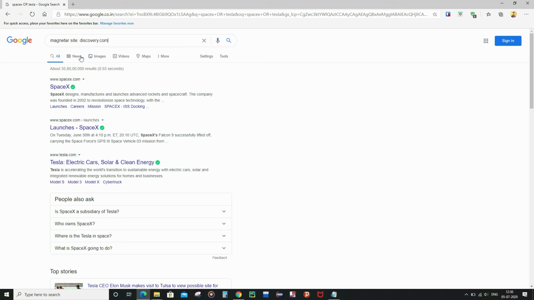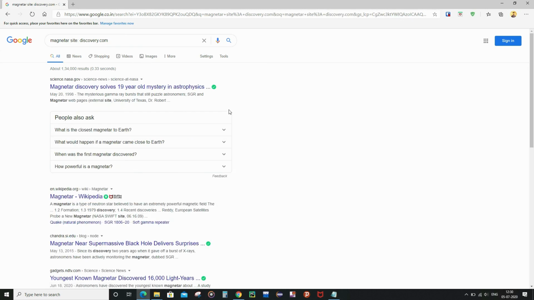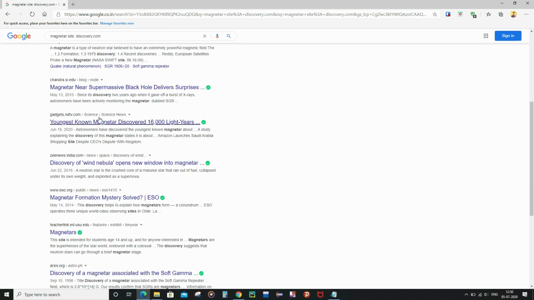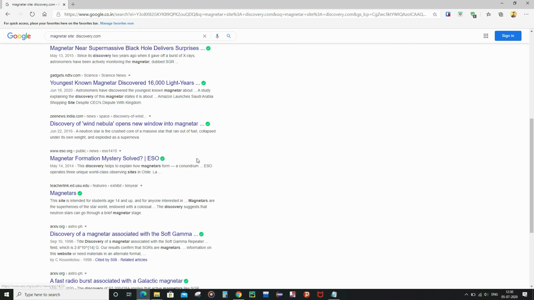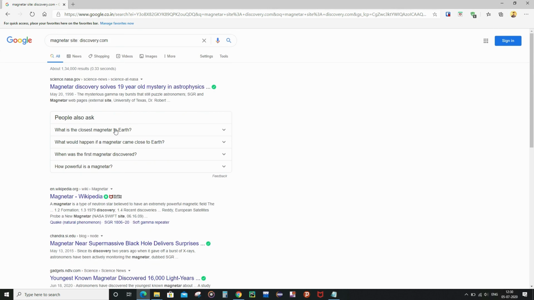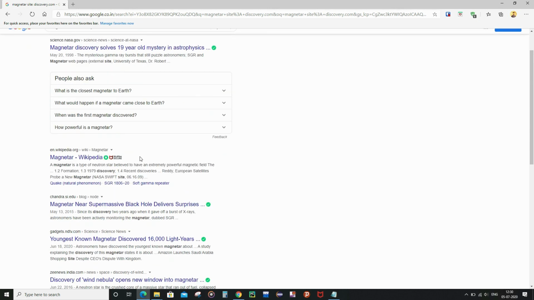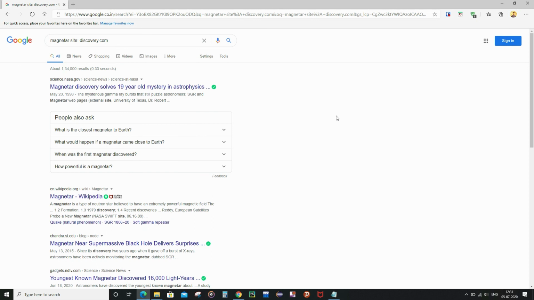So suppose I want to learn about Magnetar, which is present in the Discovery website. If I type this, then you can see that all the details about Magnetar, especially in the Discovery website, are shown in the first links. So that's how you can optimize your search a little bit more.